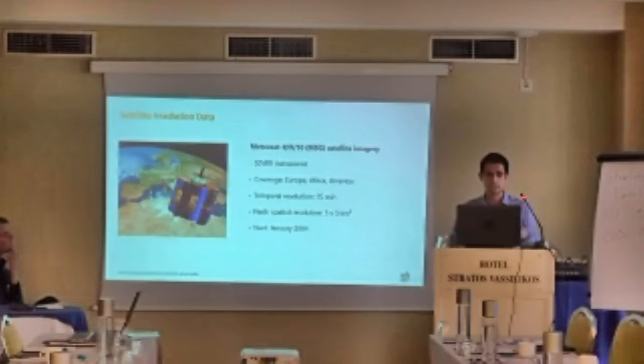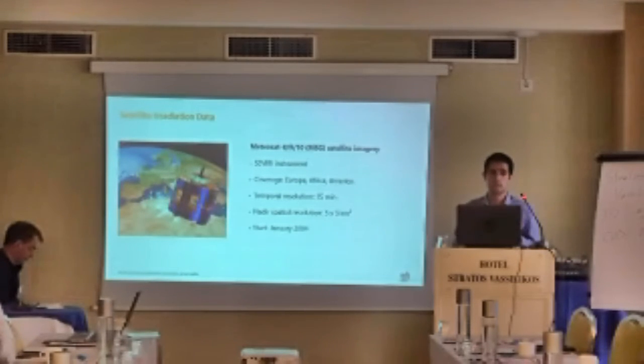So I'm not going to bore you with details, but this just summarizes what type of data we're using. We're using different satellite products, Meteosat, but also now the American satellites, and we are using older Meteosat satellites that are moving towards the Indian Ocean to try to cover, as I said at the beginning, different regions on the Earth. We use different instruments, going to a temporal resolution of 15 minutes, and the main advantage of this is, of course, the availability of the data. So it's always there, and if we can quantify the accuracy of it,